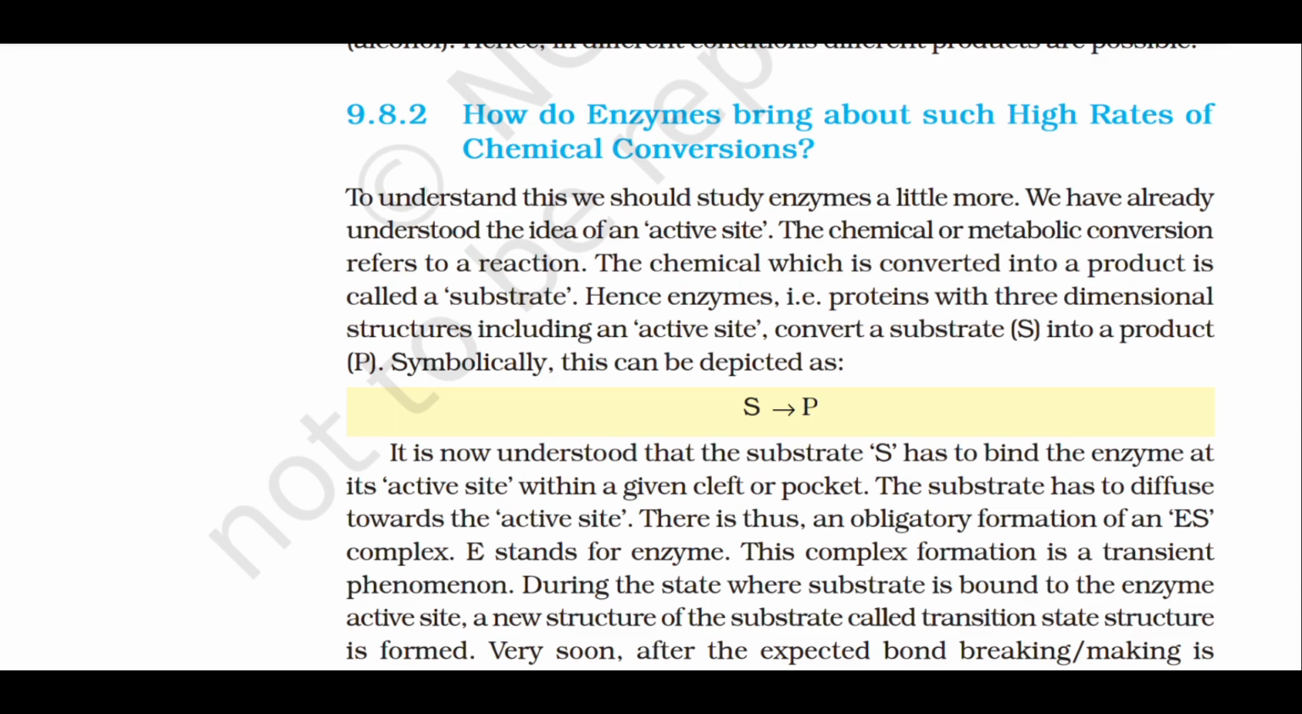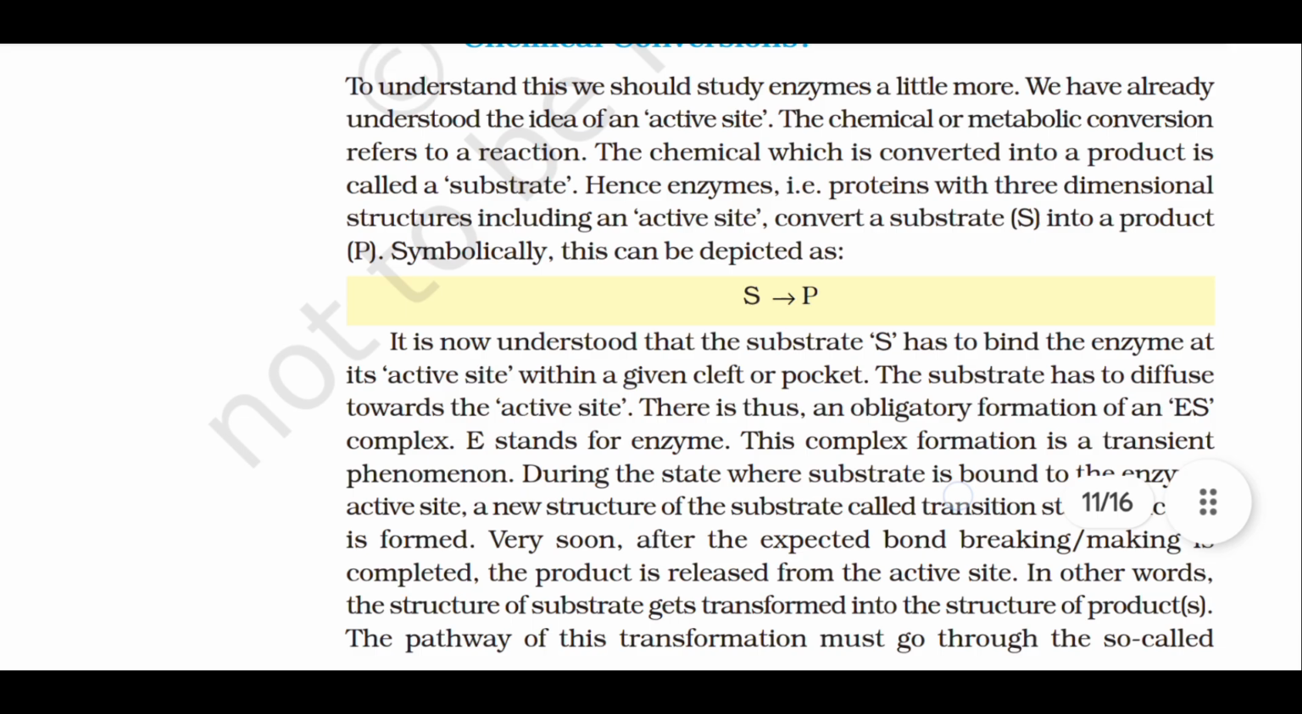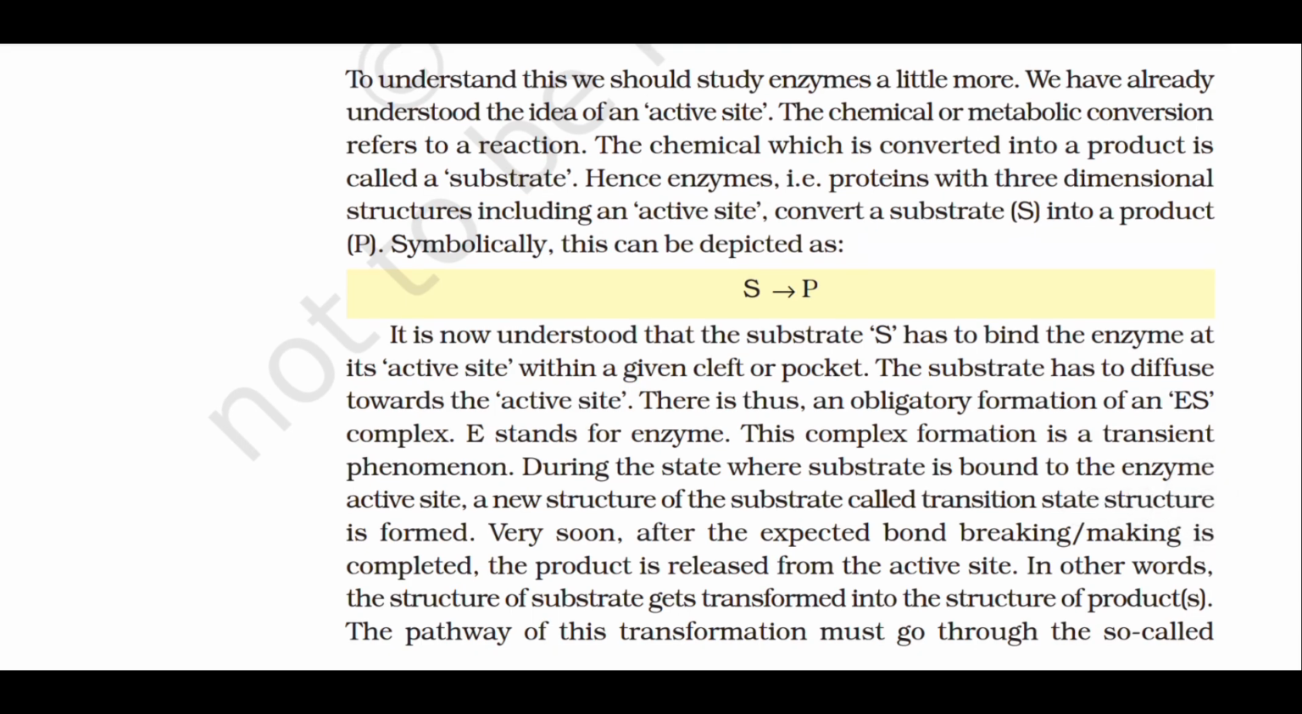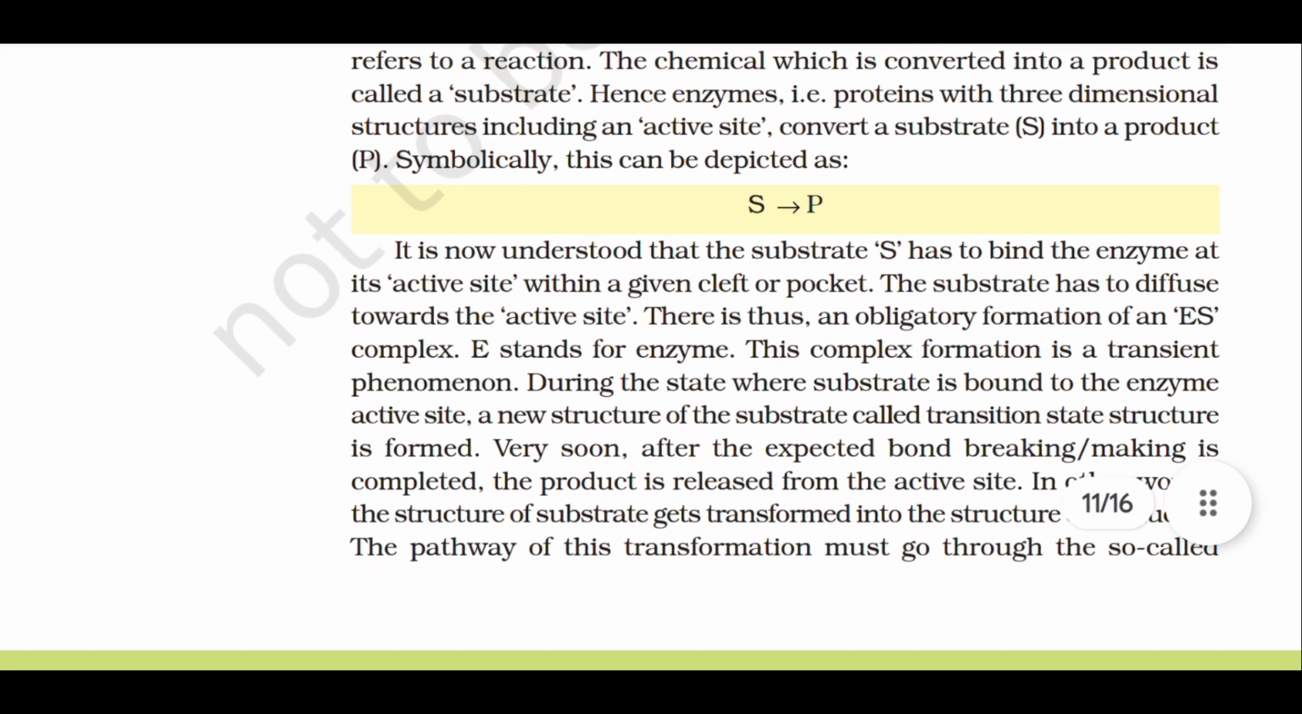Symbolically, this can be depicted as S will give rise to P. It is now understood that the substrate S has to bind the enzyme at its active site within a given cleft or pocket. The substrate has to diffuse towards the active site. There is thus an obligatory formation of an enzyme substrate complex. This complex formation is a transient phenomenon. During the state where substrate is bound to the enzyme active site, a new structure of the substrate called transition